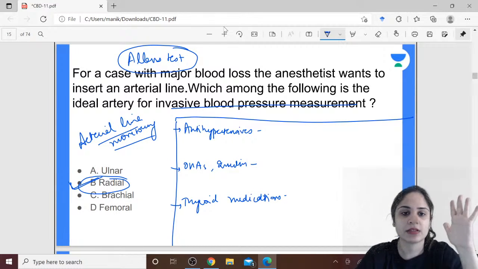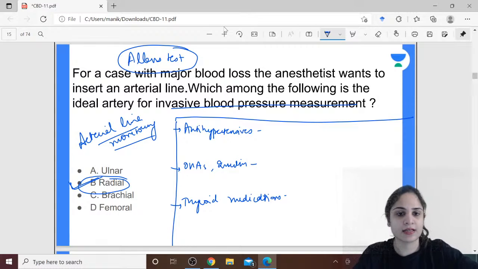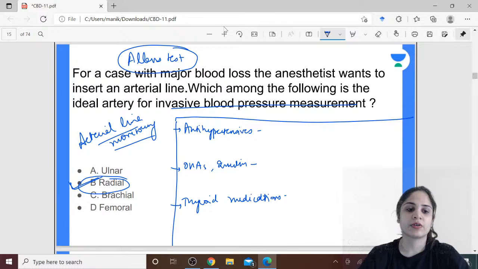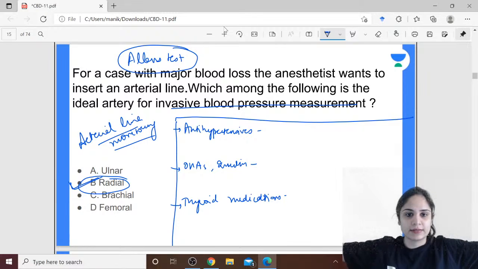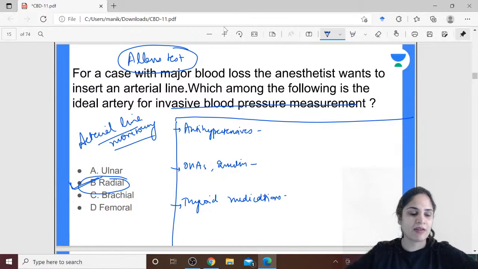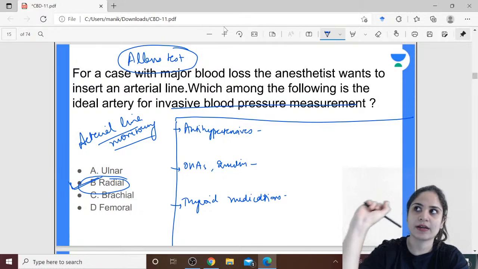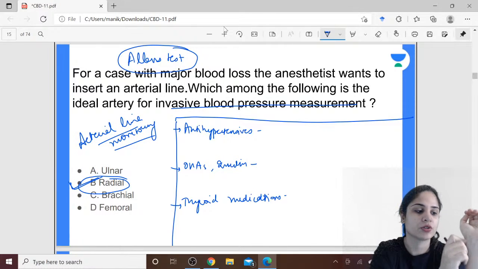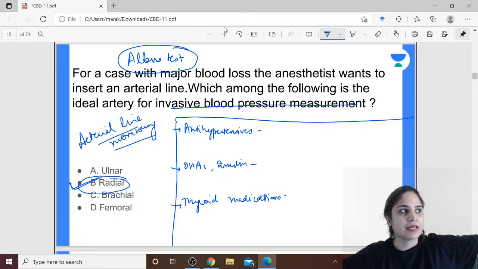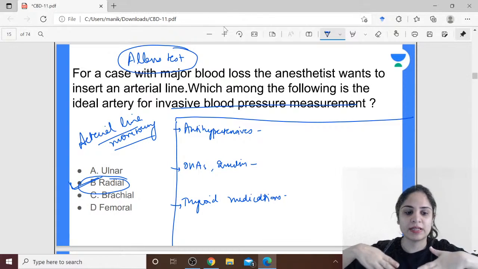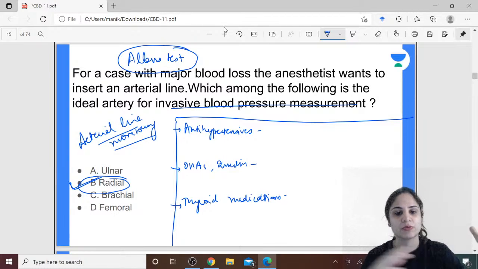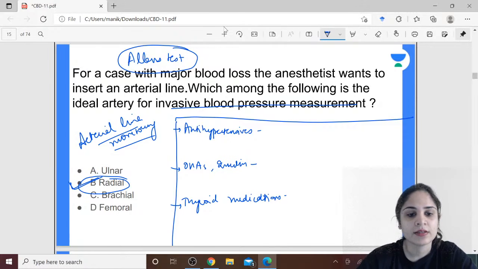The next thing which is good with the radial artery, other than being superficial and having a collateral circulation, is that usually during the surgery the hands are out like that. So if ever your radial arterial line is not reading correctly and you want to manipulate the line a little bit, the hands will be out like this. You will not be very close to the surgeon, so you can easily manipulate the line. Alright, and it also gives a very good trace, so you don't need to put a central arterial line